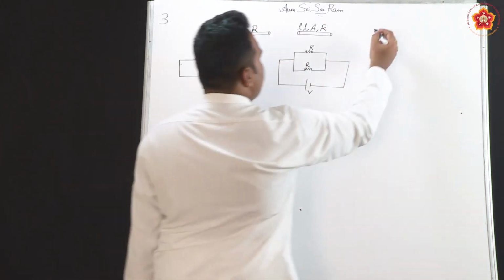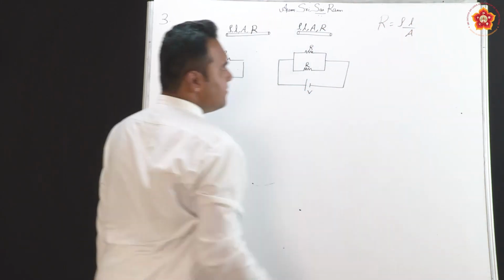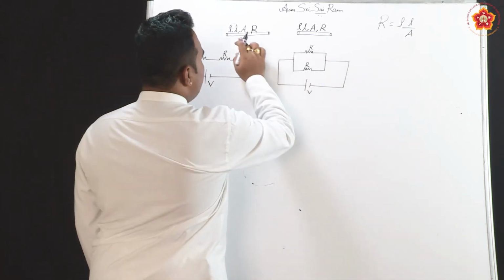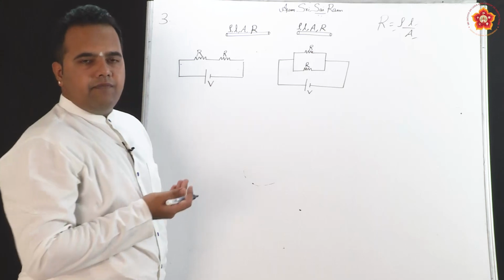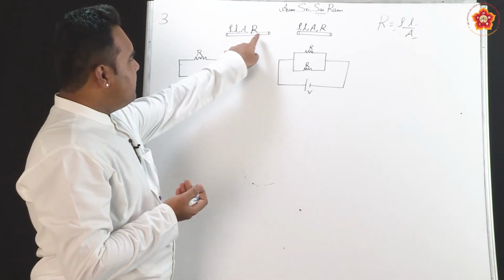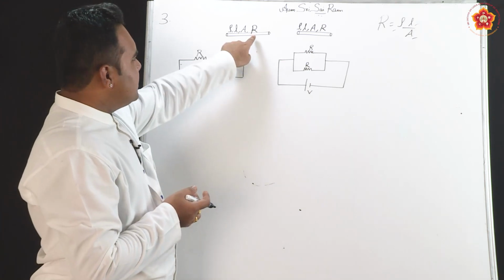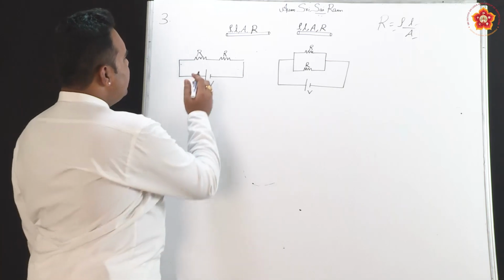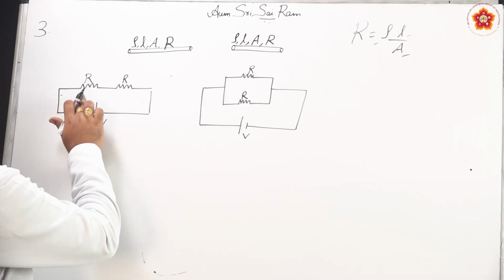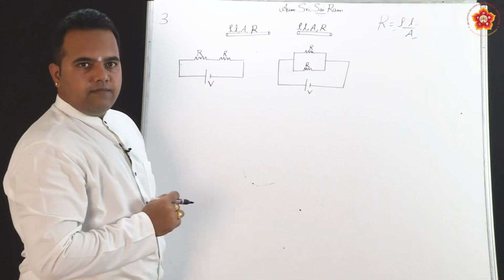We know the formula for resistance, R is equal to rho into L by A. Now, for both these materials, rho, L and A are constant, they are same, which means the resistance values will be similar for both of these wires. So, I call the resistance here as R. So, here also it will be R. Now, what is happening? First, these two resistors are connected in series across a potential difference of V.